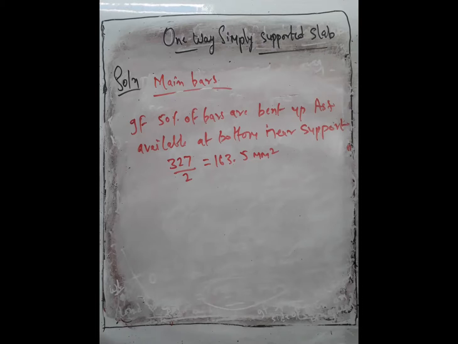If 50% bars are bent up, then AST available at bottom near the support is 163.5 mm square, but